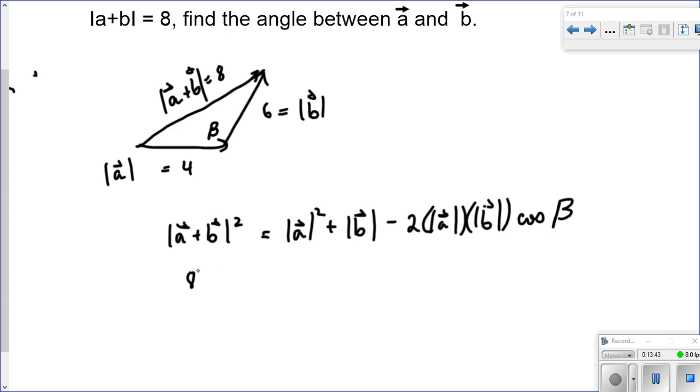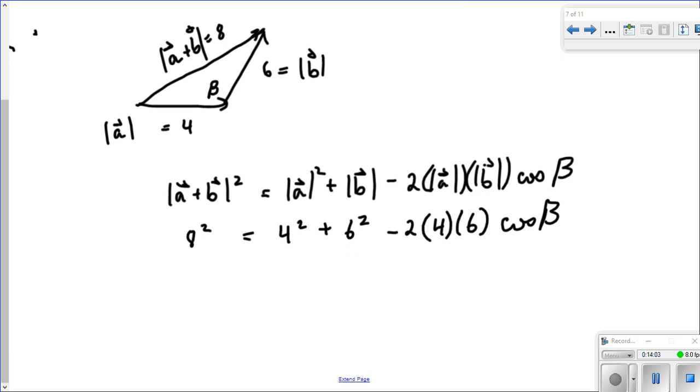Okay, so I've got 8 squared equals 4 squared plus 6 squared minus 2 times 4 times 6 times the cos of B. Now this time I've got to do a little bit of rearranging and solve for B. So I'm going to write the cosine law and rearrange it as this: 8 squared minus 4 squared, I'm going to bring the 4 squared over, I'm going to bring the 6 squared over. That equals